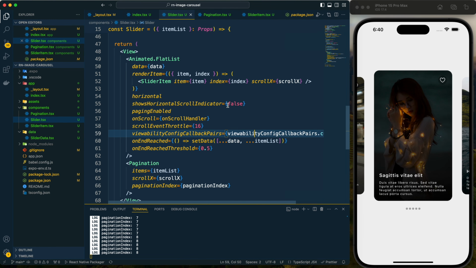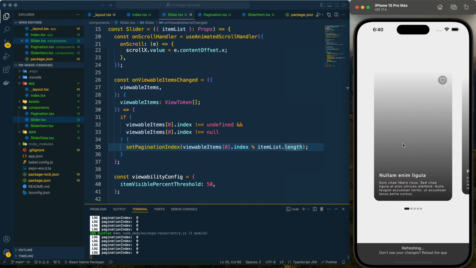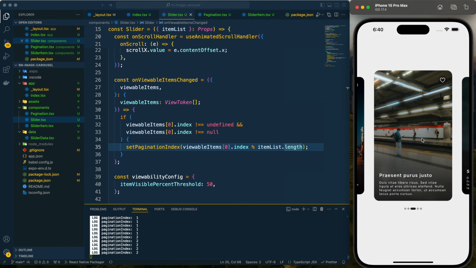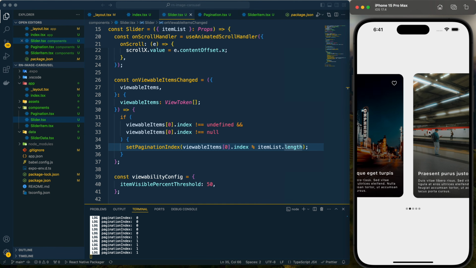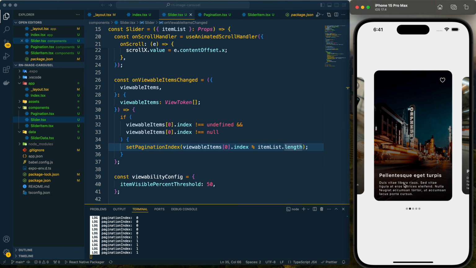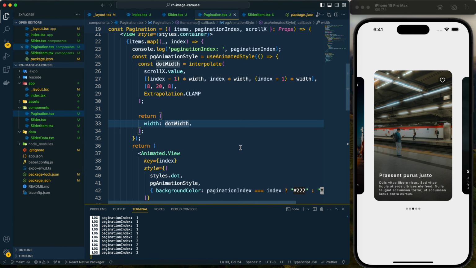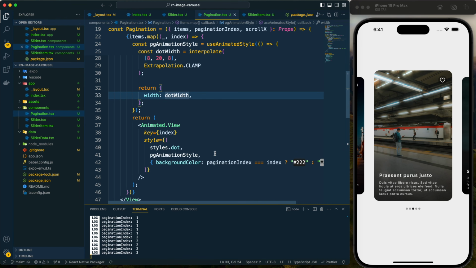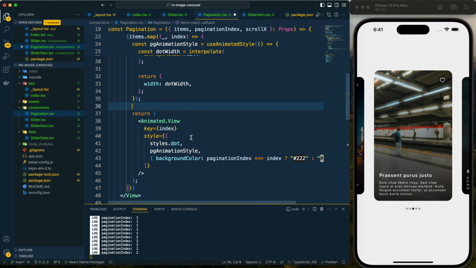We need to fix that, we need to update that, and that we can do here by providing this. Now if we save and let's reload, then we can see 0 1 2 3 4, then again we have the 0 value, right? And right now we can see our pagination is working. We have the active item indicator properly placed over here, and we don't have this dot width animation working properly. And I have tried to figure out how to make this work, but I haven't found any solution for this. So this is how it is as of now.